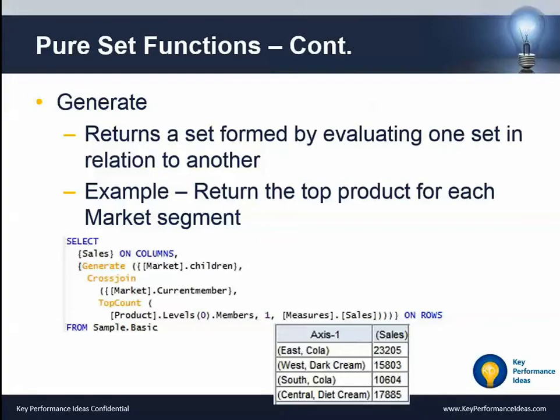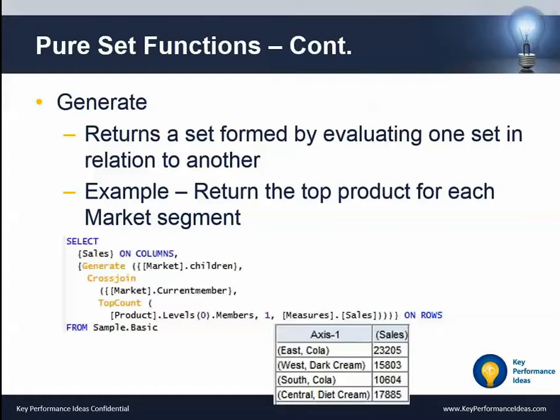The generate function returns a set formed by evaluating one set in relation to another set. So if we wanted to return the top product for each market segment, we could write something similar to this. Again, I'm putting my sales on my column, and I'm going to do a generate of my children of my market, and then I'm going to cross-join my current member of my market with the top product based upon sales. So I'm doing a top count of my product, my level 0 product members, for my sales, and I'm bringing back the top one, and then I'm looking at my children of market, and so I come back with